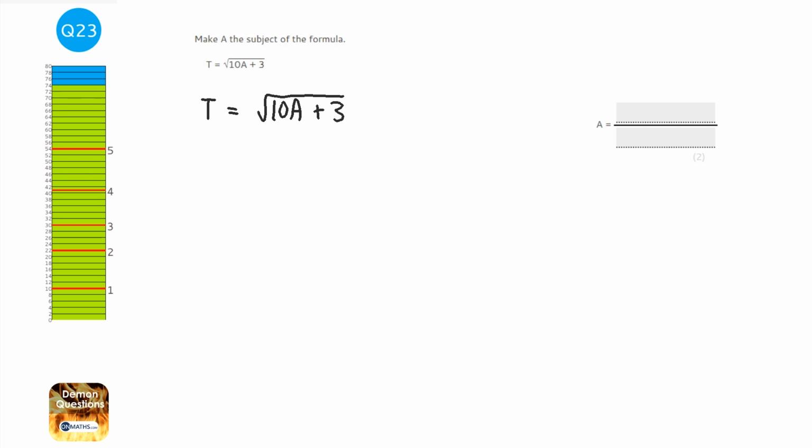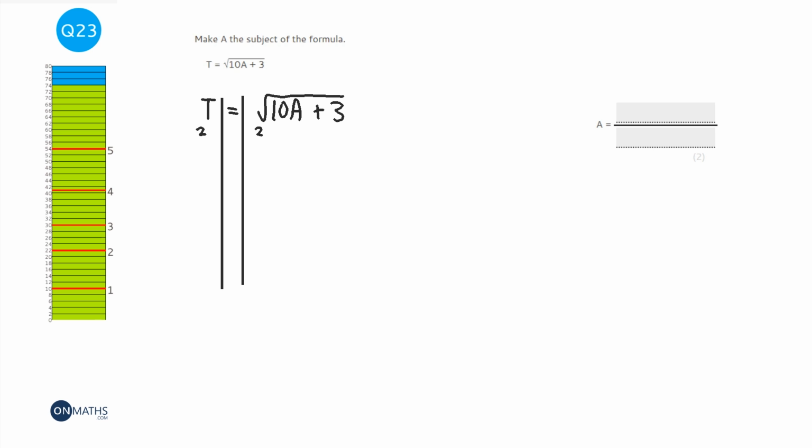Now we're asked to make A the subject, which means we want A equals. So I'm going to put my lines down. Now the first thing I need to do is get rid of that square root, because if you look, the right hand side is all trapped in that square root. So what I'm going to do is square both sides. So we've got t squared equals,